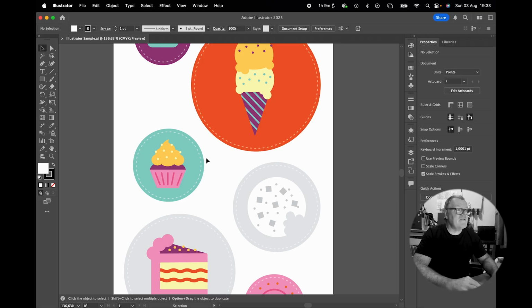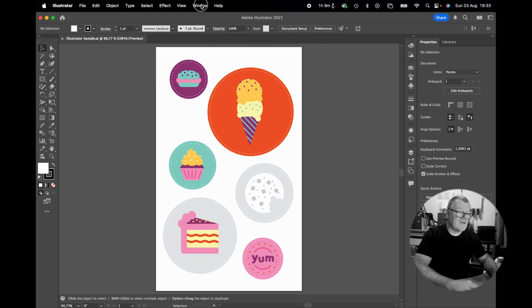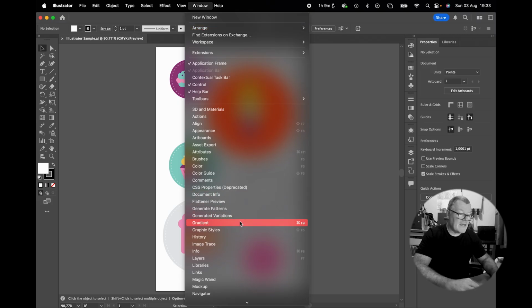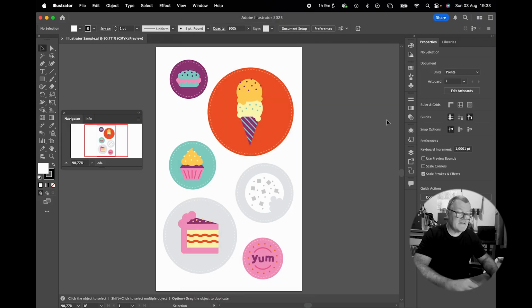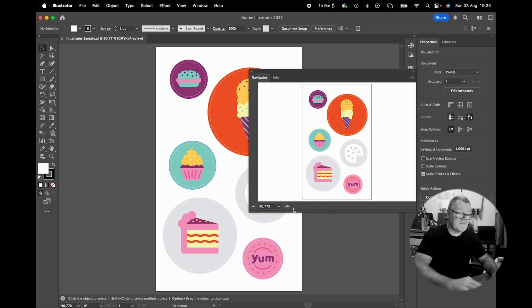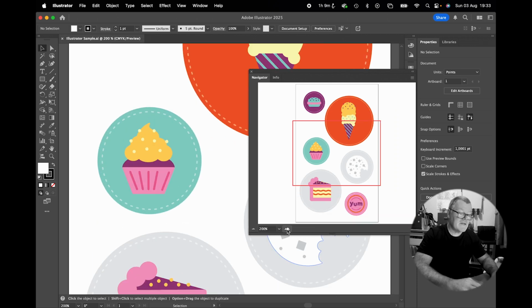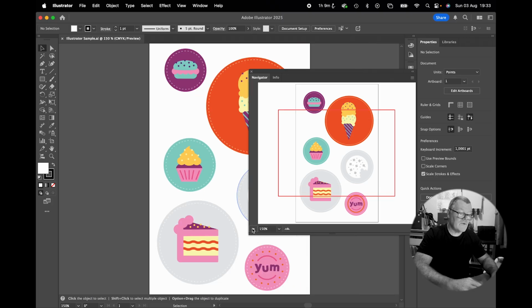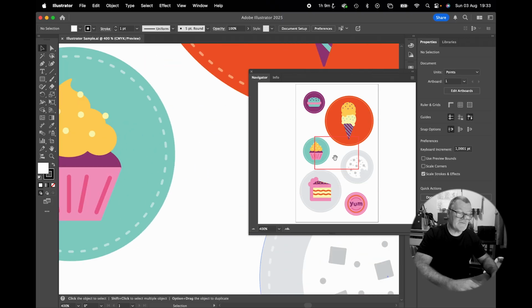And then finally, there is something called the navigator. So I'm going to go Window and Navigator. Okay, this is what it looks like. I'll make it a bit bigger here. And what this provides you with is a way of zooming in and out from this, let me just make it taller here, from this little widget in the bottom here,